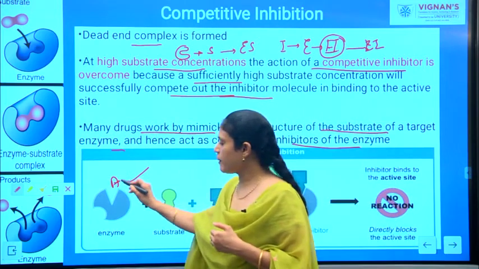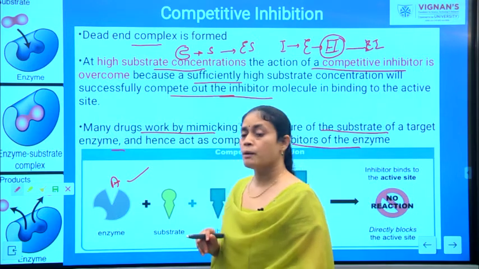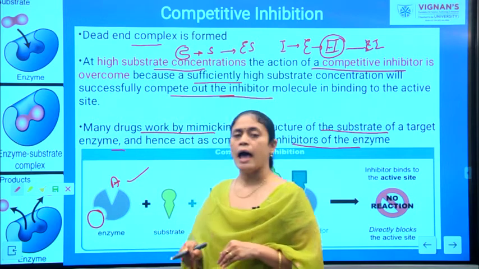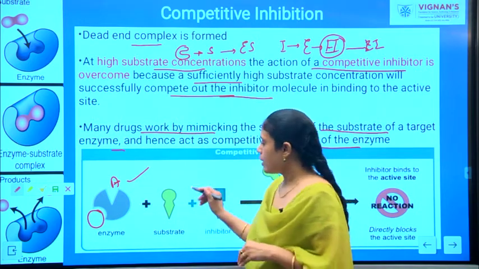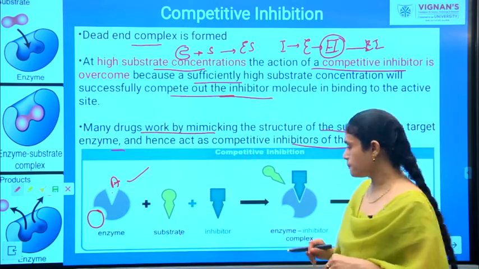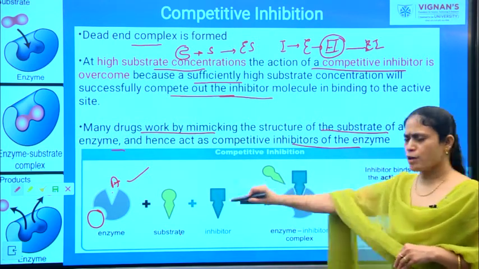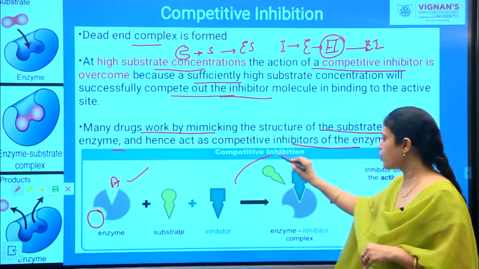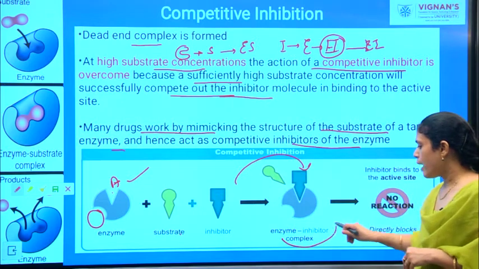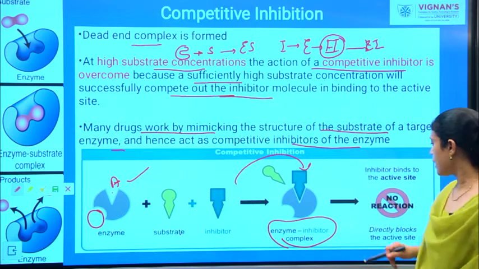Okay, so an enzyme will definitely have an active site which is very specific to your substrate molecule, but enzymes will also contain other sites which are called allosteric sites. The substrate molecule should go and bind to the active site of the enzyme. If, in place of the substrate molecule, your inhibitor goes and binds to the active site of the enzyme, there is a formation of an enzyme inhibitor complex